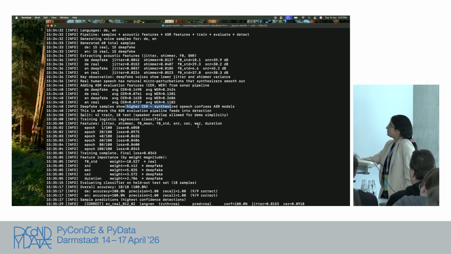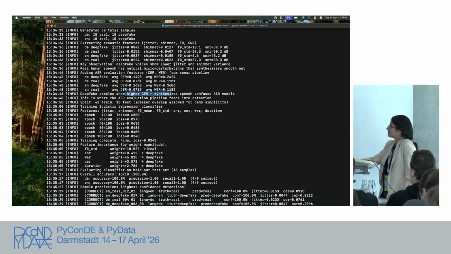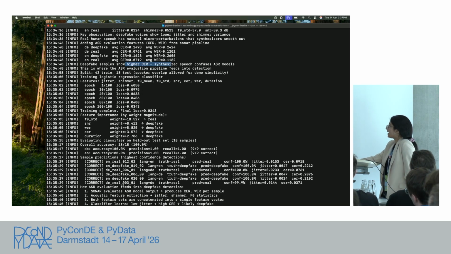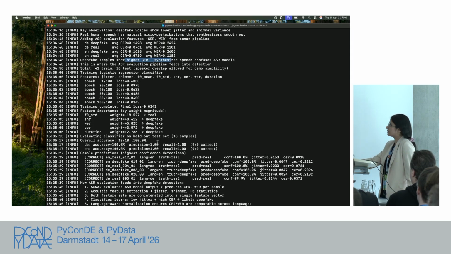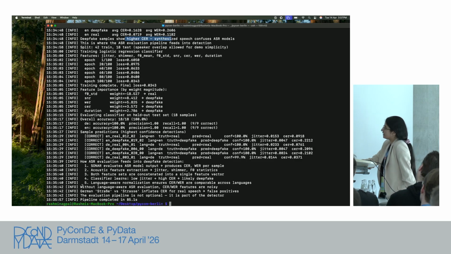Here, once you have trained the model for different epochs, you see the loss curve, and then you assign different weights, so it's a weighted-in-sample kind of model. Once you have evaluated on a small test set, for now, you will get an accuracy, and at the same time, you get a verdict here.